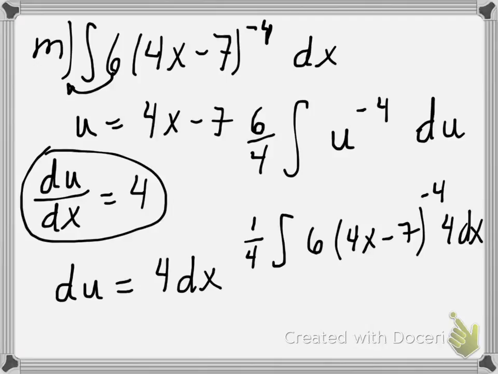But what it does is it lets me symbolically, now that I know what du is, that it's 4 dx, rewrite this as du, and then rewrite this as u to the negative 4, and then bring my 6 out front to get 6/4 the integral of u to the negative 4 du. So it's kind of tricky, but that's a way to rewrite this function as a singular function of u du. And then we just use the power rule. So the power rule here is